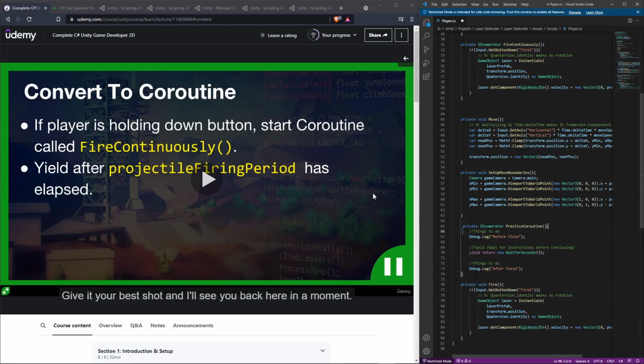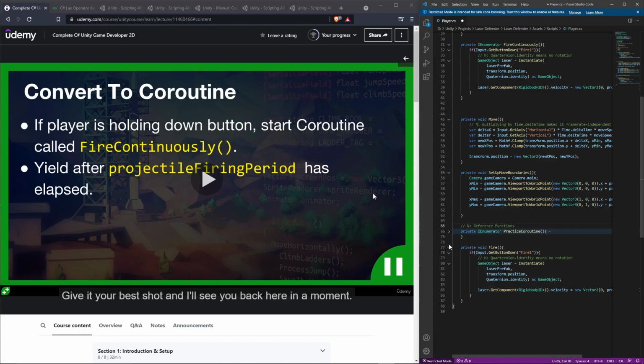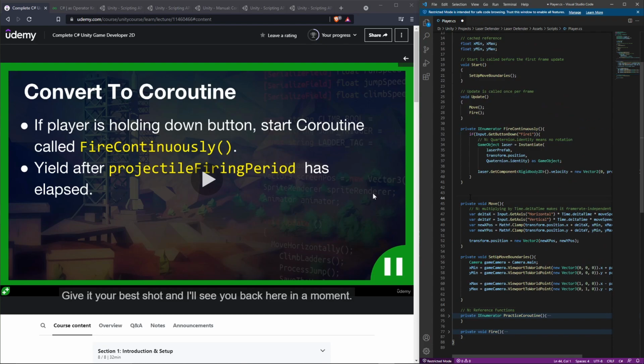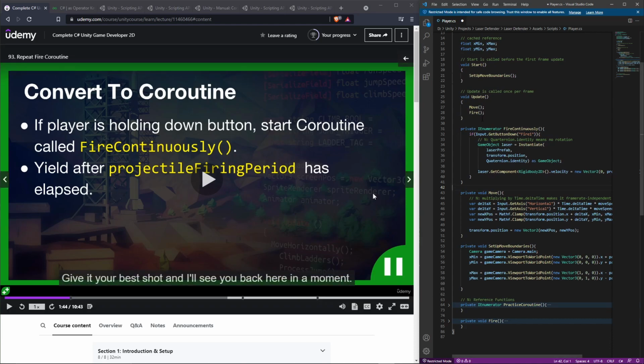So I'm just gonna put a comment saying reference functions. So these are for learning purposes. We just put them at the bottom, so we don't have to care about them as much. But we can always reference them just in case I forget something. So yeah, all right. So we have fire continuously, and then